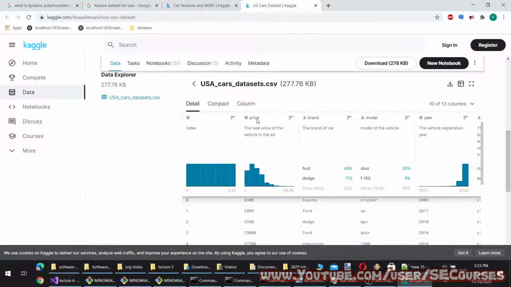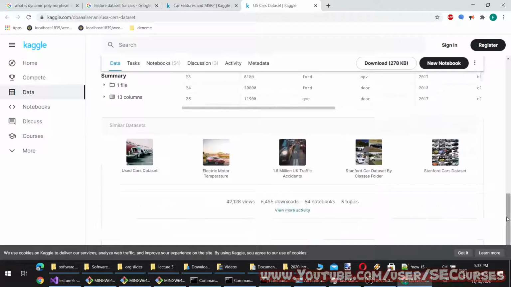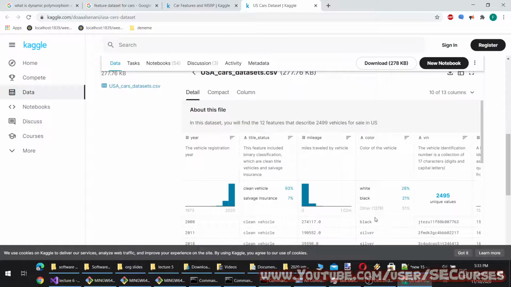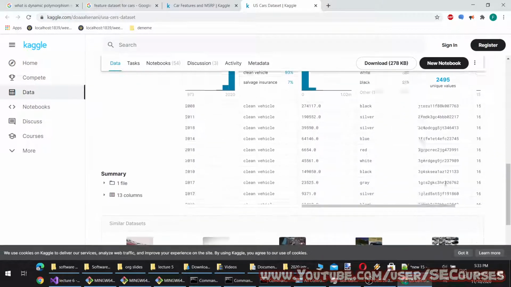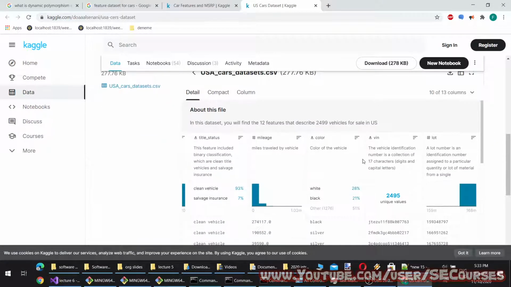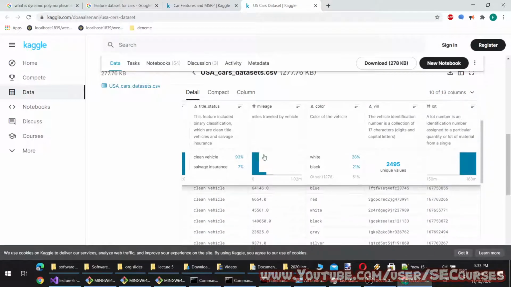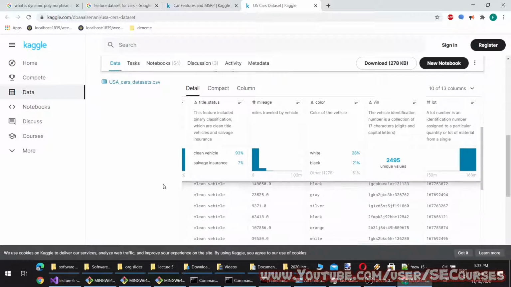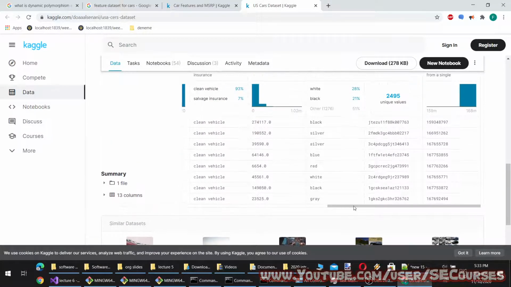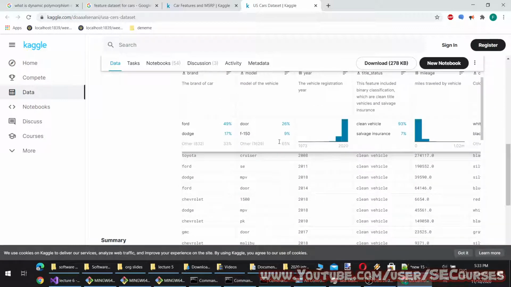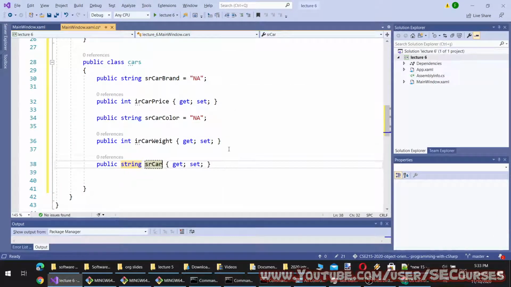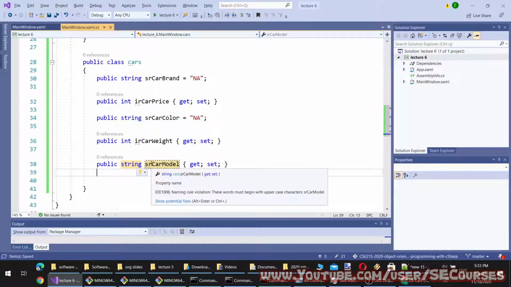Brand, model, year, and what else is there? Color, VIN, lot. Okay, you see there is title, model, brand. Let's give it a model as well. So now we have our custom class.